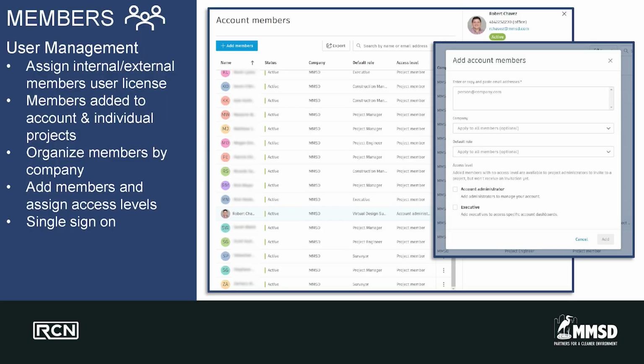User management is quite easy with ACC. There are some challenges, like assigning internal and external users to our cloud. We have the ability to borrow a license to a consultant, but the only problem with that is that we're limited on the number of licenses that we have, so I have to be careful with who I give one to. We can add those members to their respective company, and we can assign them their access levels and their roles. I can also add new members, making them an executive or an account admin, depending on what level of